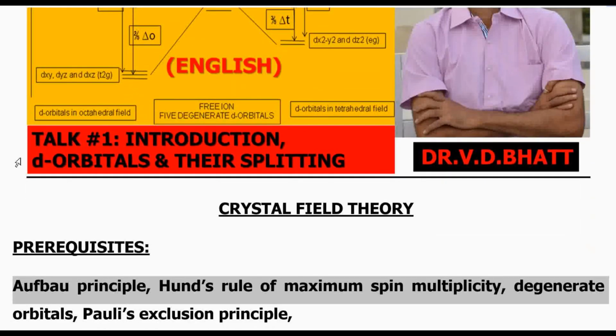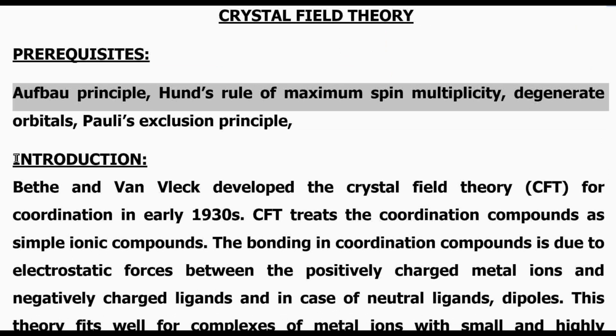Friends, in order to understand the upcoming discussion, there are a few prerequisites. You should know the Aufbau principle. Aufbau principle is the principle of staircase or ladder. It simply states that while filling up the electrons, you have to see that the lower levels are first occupied and then the higher levels. That is, say you have got some orbitals, then you will first fill the electrons in 1s orbital, then you will go to 2s orbital, and so on.